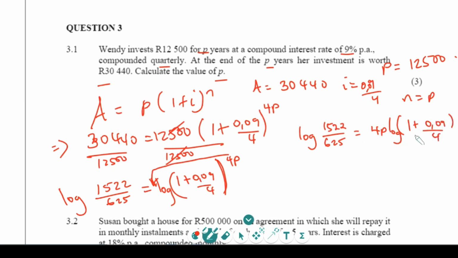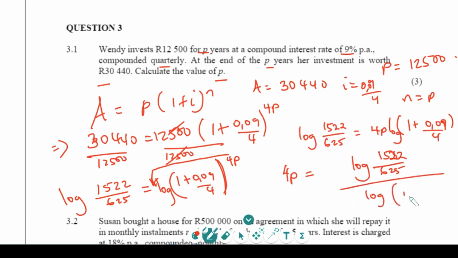Then I'll divide both sides by the log of 1 plus 0.09 over 4. So my 4P is the log of 1522 over 625 divided by the log of 1 plus 0.09 over 4. I can punch that into the calculator, then divide my answer by 4, and then my P is going to be,